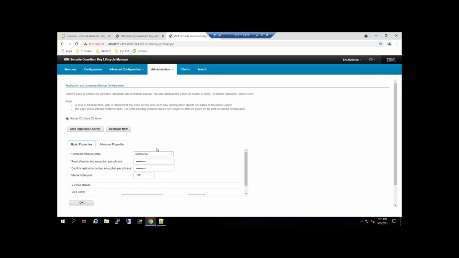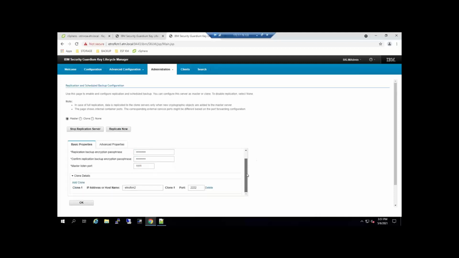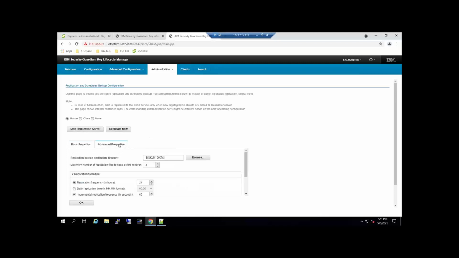Next, we have a replication tab. Here, as you can see, I have my certificate for the server. We have encryption passwords, the port via which the communication is handled by both KM servers. Here I specify the DNS name of the second KM server, its port.